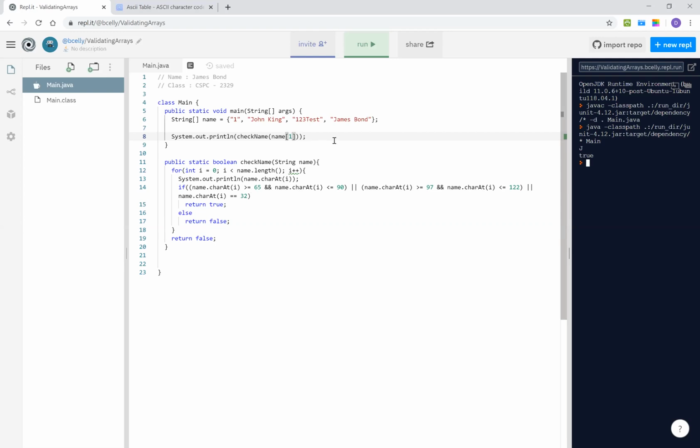The flaw is, I can fool this by doing something interesting. I can fool this by putting J here. So if I do the J test and I put 2, I can fool it. It will return true. See? Because what it is doing is returning true as soon as it comes up with something which is this thing. So what I'm going to do is not return here, and I'm just going to say